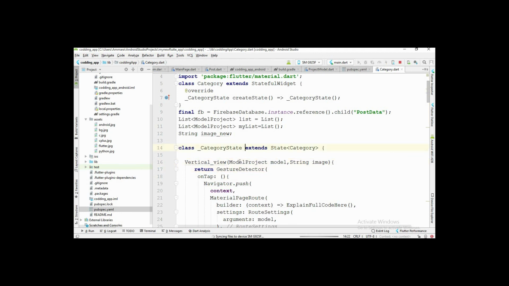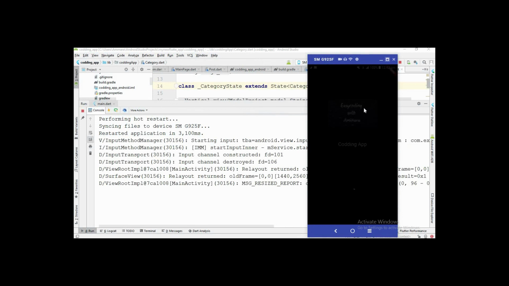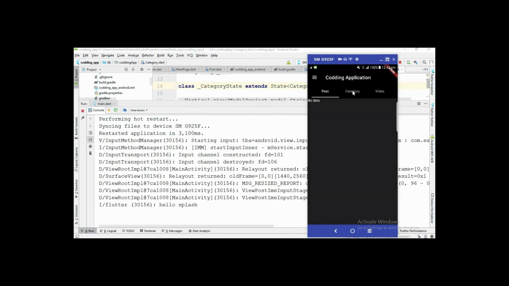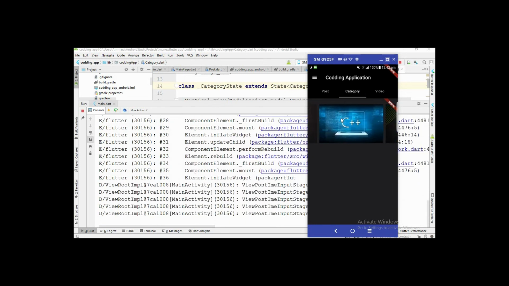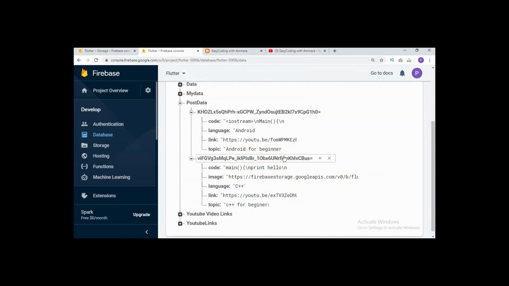And now I again run this code. And this time you can see that here is a horizontal list view, and in the data I store a language for one node for Android and one node for C++.